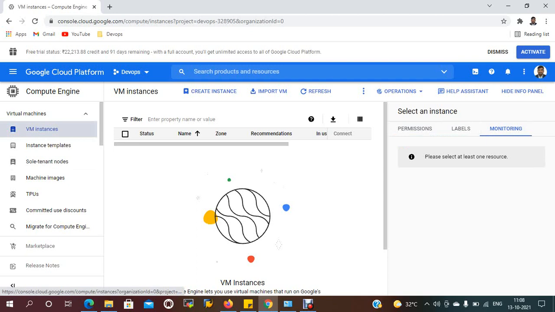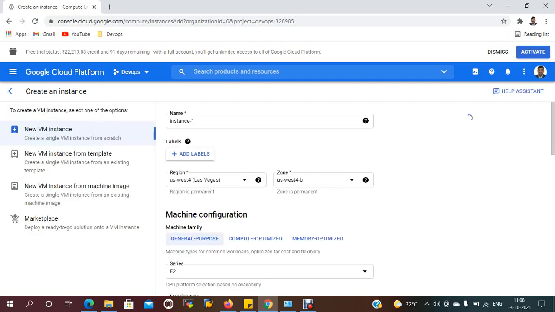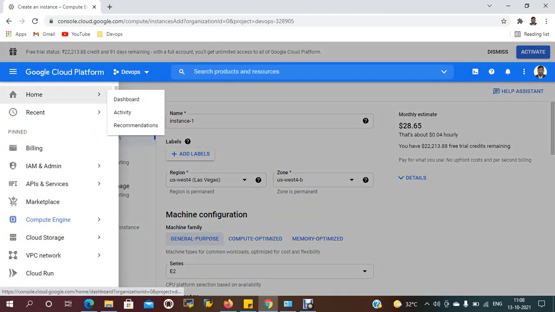To create a VM, if you select VM instances, it will prompt you with this window, Create Instance. Once you create an account, you will get some free credits. With these credits you can create any services in GCP.